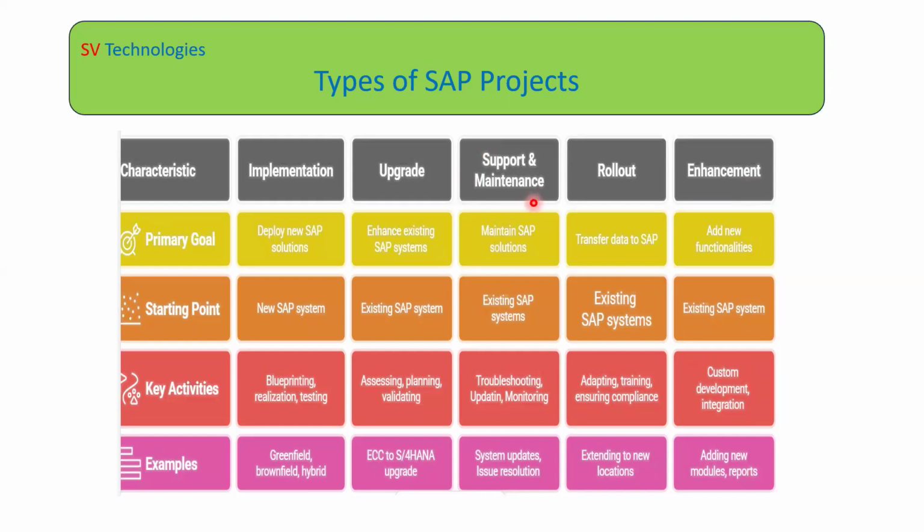Company to company, in real time also, the same support and maintenance project, some companies will call it an AMS project. So if somebody says you have to work on the AMS project, you should not be blind. You should understand AMS is nothing but a support and maintenance project. Similar to the finance project, company to company the terminology will be different, and you need to adapt to this terminology also. This enhancement project will also be called AMD, application management development. So these are the different projects we have in SAP.